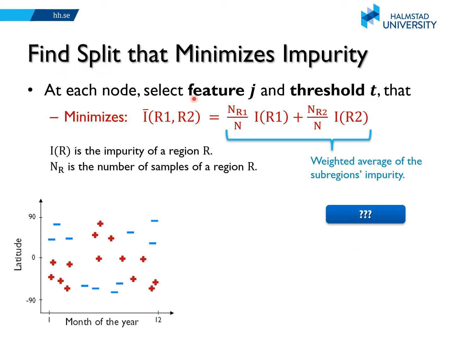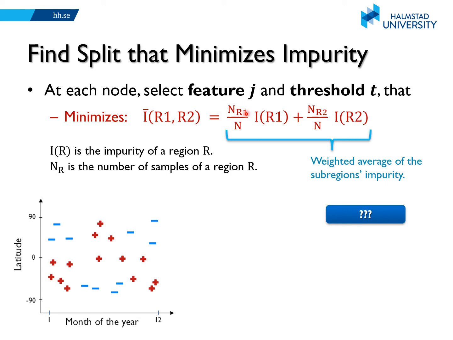In other words, we want to find a feature J and a threshold T so that the impurity of the subregions is minimized. So here we define this as the weighted average of the impurity of the subregions R1 and R2. So here IR1 means the impurity of region R1, IR2 is the impurity of region R2,